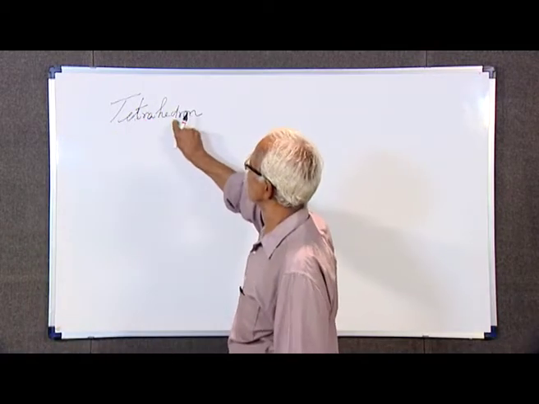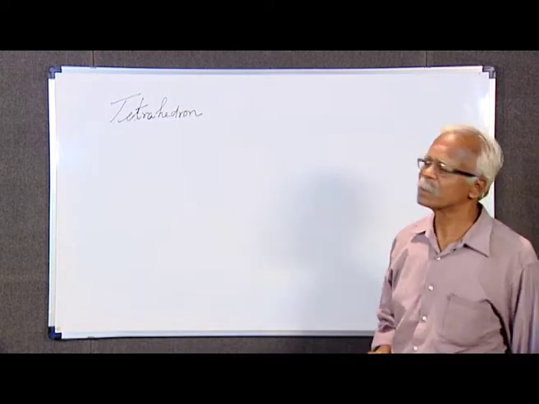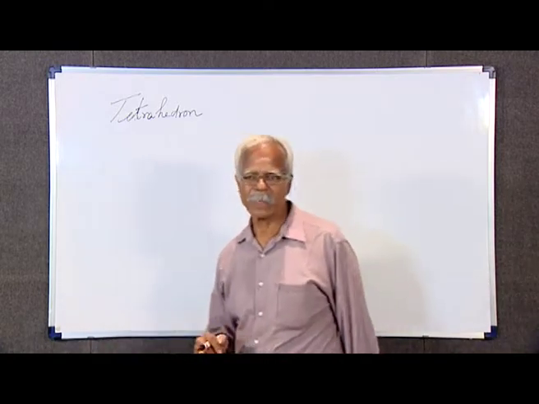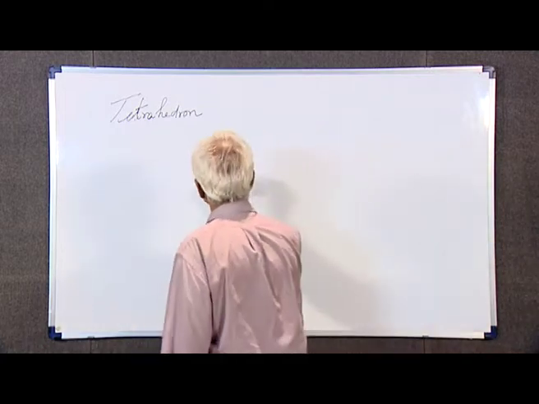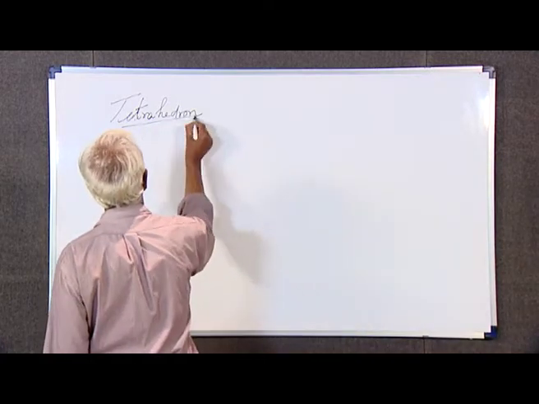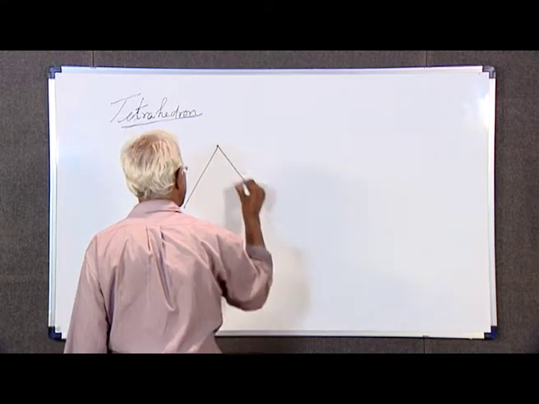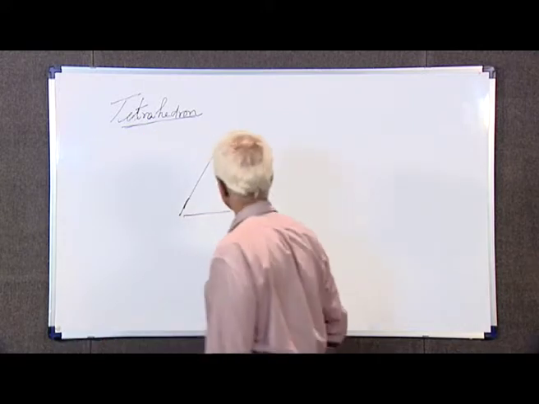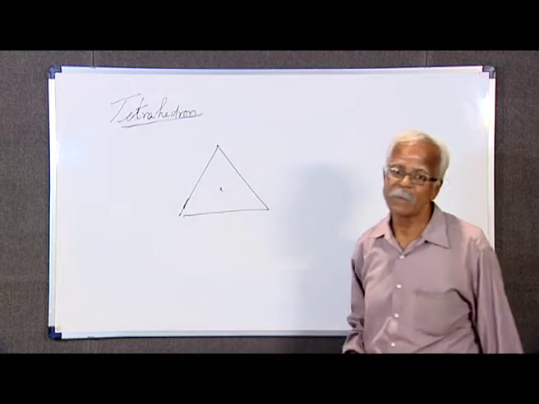So, this is a polyhedron having 4 faces, each in the form of an equilateral triangle. One can draw the tetrahedron in 2 ways. The best way to understand a tetrahedron is take up an equilateral triangle, take its centroid which is somewhere here,